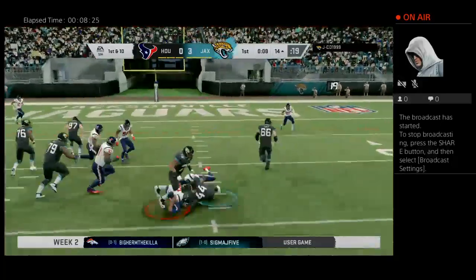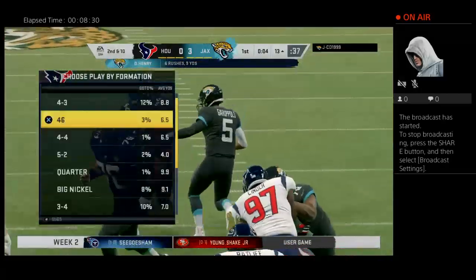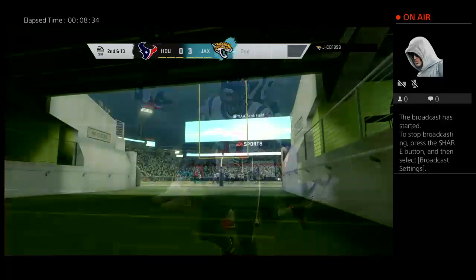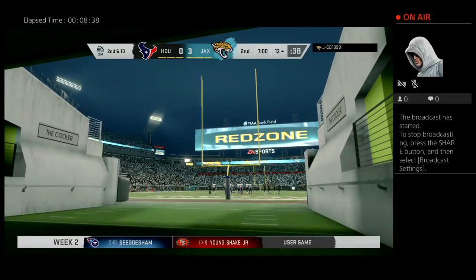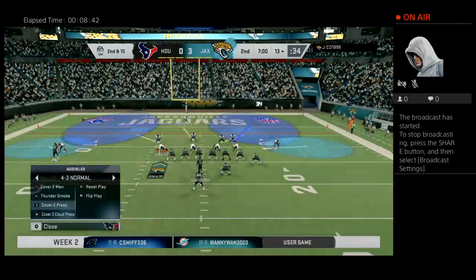On first down, it's Henry. And running room is scarce here. He's going to be stopped in his tracks at the line of scrimmage. 3-0 after 1 on EA Sports. Second quarter now from Jacksonville, and it's the Jags with the football as they've got it with a 2nd and